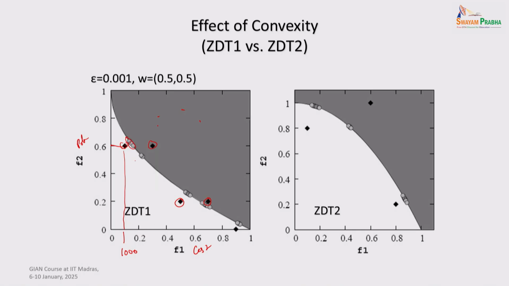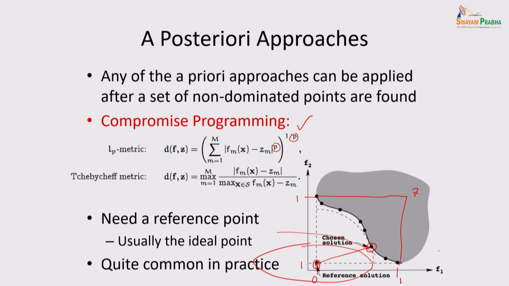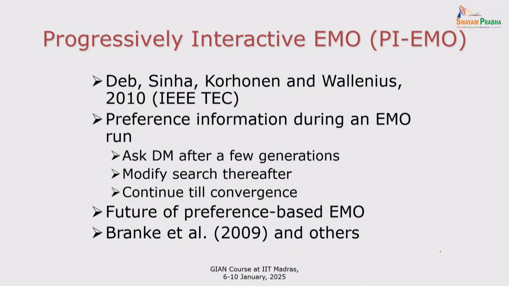So how do I find these? Each of them is the RNSGA2 way. There is no weighting again, you see here. Again, this is a concave one. So again, the weight idea will not work. If you do weighted sum, you are only going to get this point and that point, nothing in between. But with RNSGA2, you can find these points, and now not the entire thing. If you do NSGA2, you are going to find the entire thing. But with RNSGA2, you only find these 3 patches close to each of your reference points. Okay. All right. So these are some a posteriori ways of doing it.